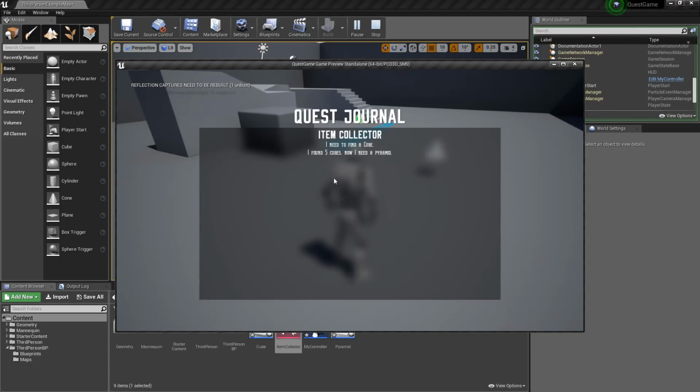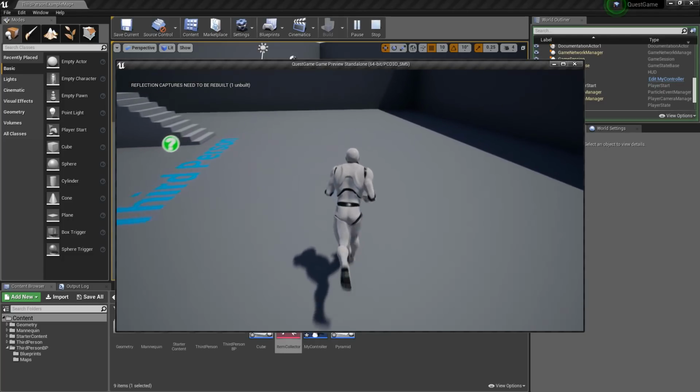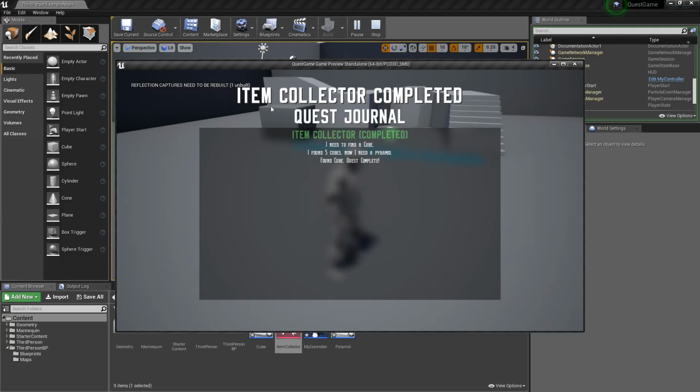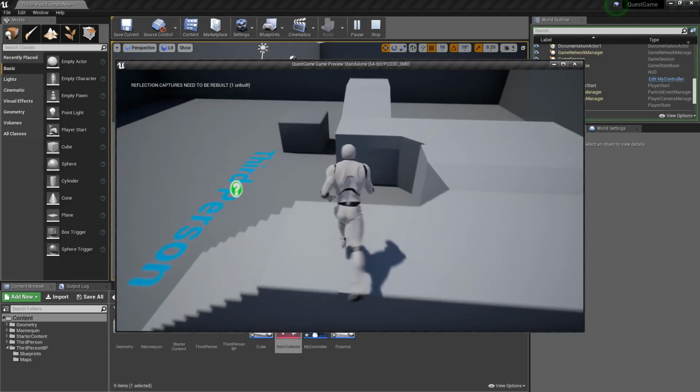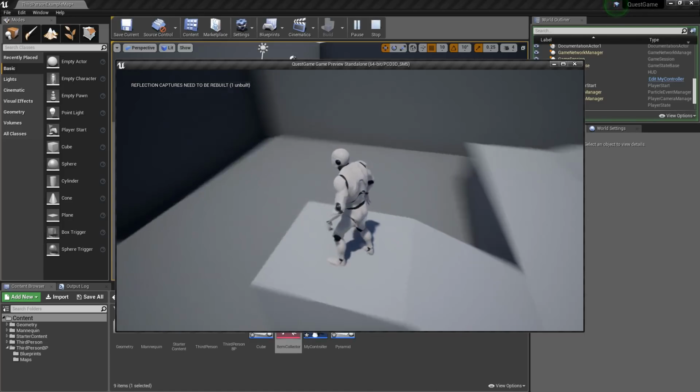And if I open my quest diary, you can see everything's coming up in my quest diary exactly as I typed it in the editor. So we'll pick up that pyramid. Check it out. We've completed the quest. So there we go. There's a very simple example of how to make a quest, how to add quests to